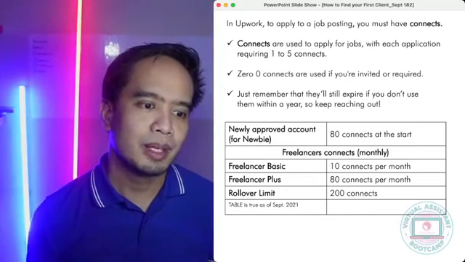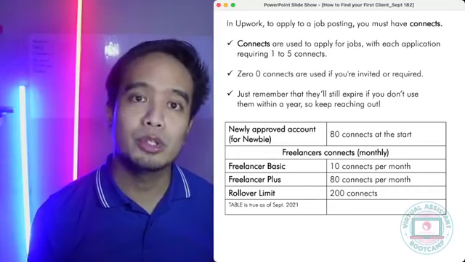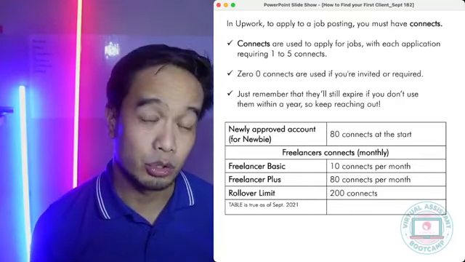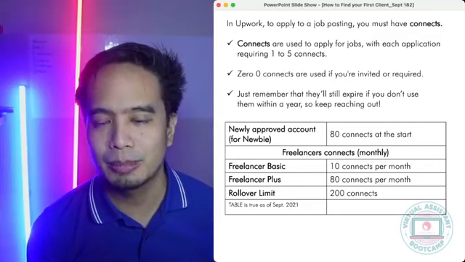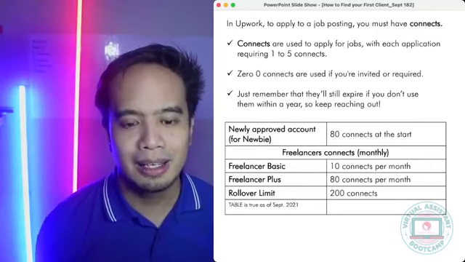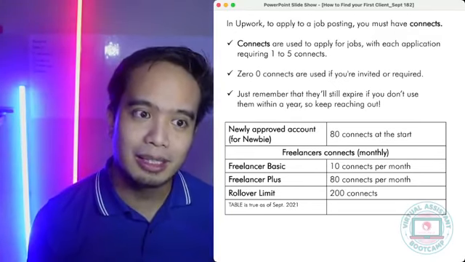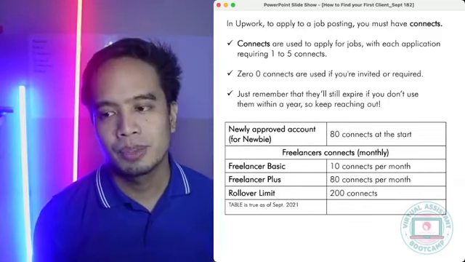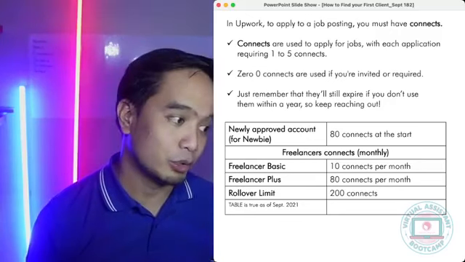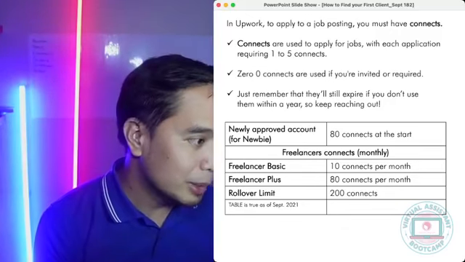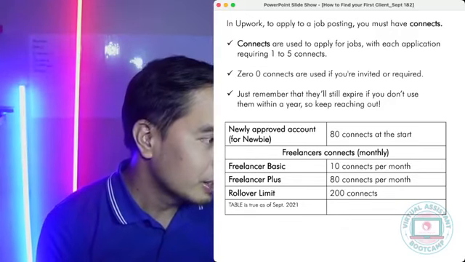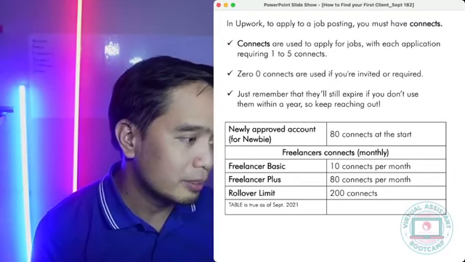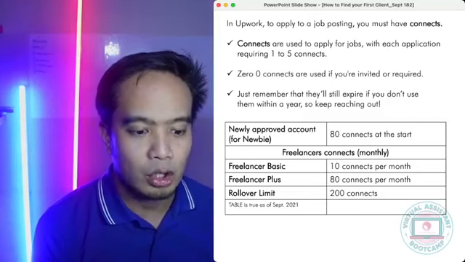Okay? And you want to make sure na when you apply to these jobs, you do your best naman sa application nyo. Kasi what a lot of people do is parang apply lang, and then biglang maubusan sila ng connect. Sabihin nila, ay, hindi ako na-hire kasi naubos na ako ng connects. You have to do your best when you apply to jobs. And we're gonna talk about this a little bit over here, na when you're applying to jobs and what you should really look out for, and then parang yung mga common mistakes.